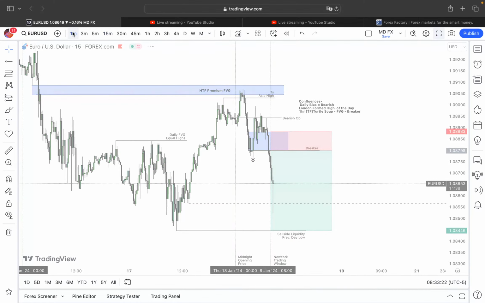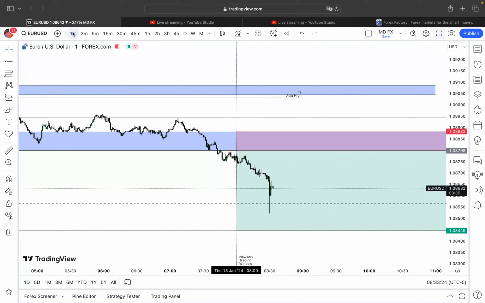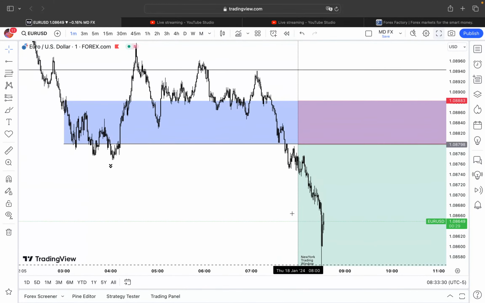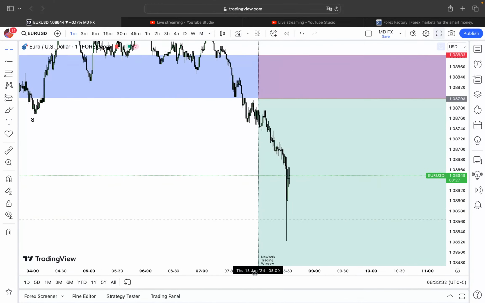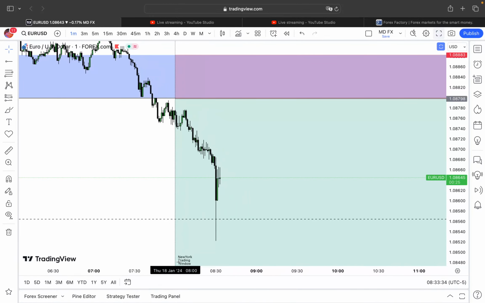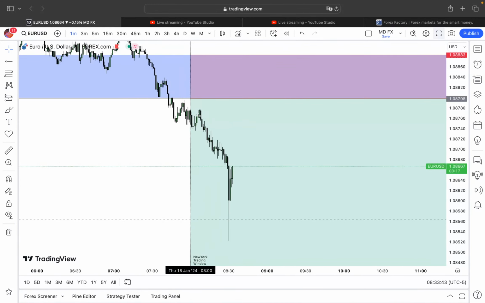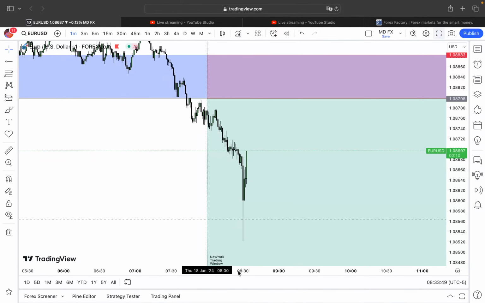Let me see what's happening in the 1 minute time frame. Yeah, it might give us the retracements we want, because from the open of the trading window, it has just dumped. So these retracements will clear out all this liquidity over here and tag into it.